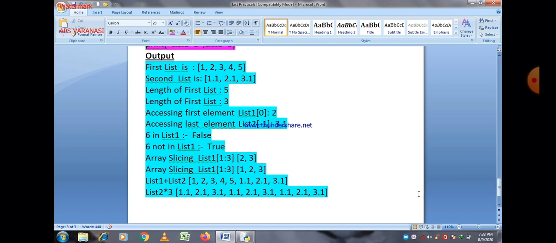Now you can easily see that after the execution of the statement, the first list is 1, 2, 3, 4, 5. These are the data items of the list, and because there is a print statement, the list will be printed as it is. The second list contains elements 1.1, 2.1 and 3.1, and the length function calculates the length of a list. So you can easily see that the length of the first list is 5